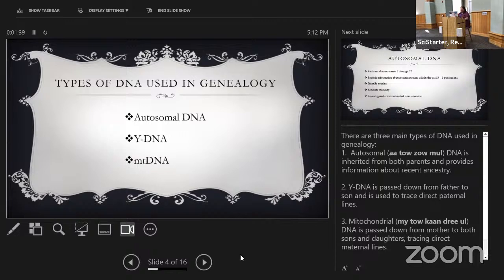Autosomal DNA, I said it wrong, is inherited from both parents and provides information about recent ancestry. Y DNA is passed down from father to son and is used to trace direct paternal lines. Mitochondria